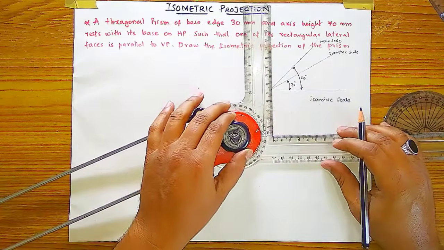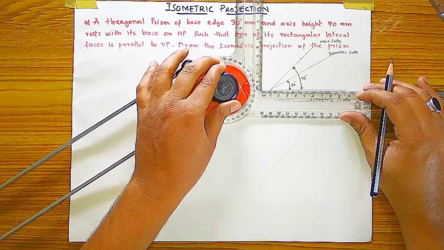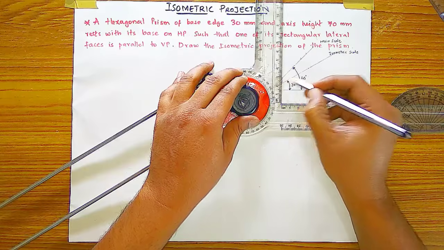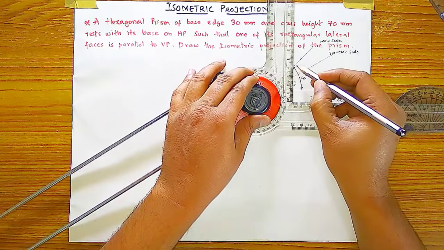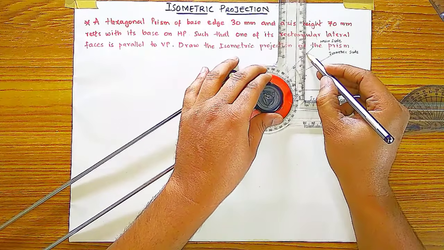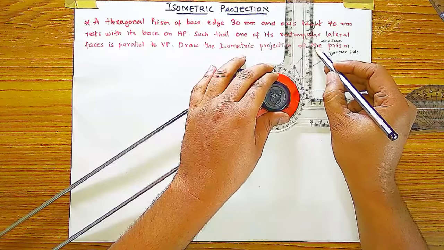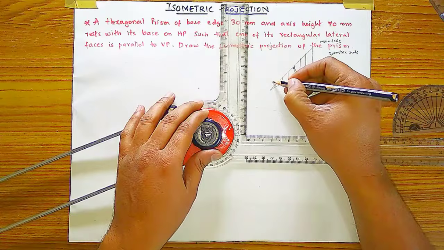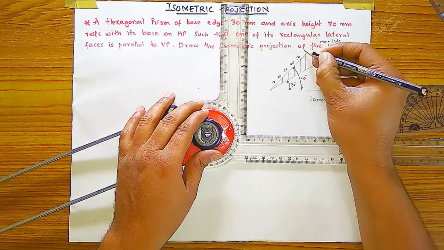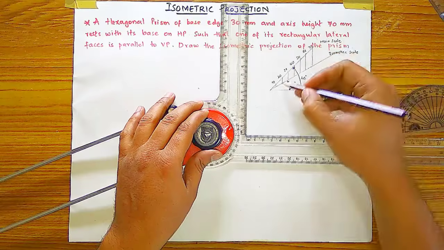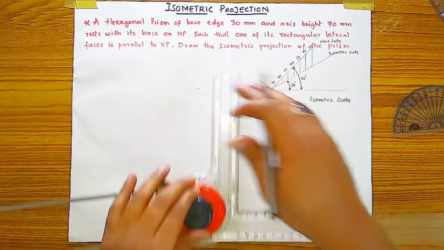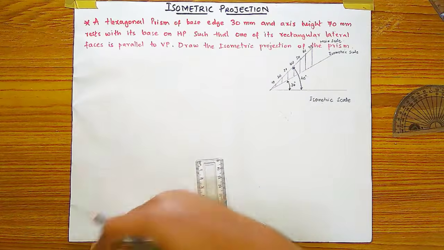And how much you took, exactly to this line you have to draw a horizontal line like this between these two scales. This means 10 mm, 20 mm, 30 mm, 40, 50, 60, 70 in the main scale. But for the isometric scale, you have to measure and draw all the figures with the isometric scale, the orthographic figure